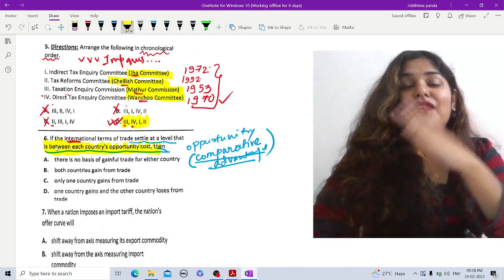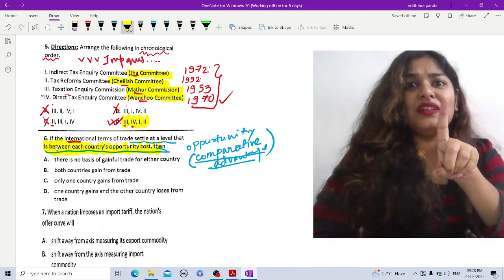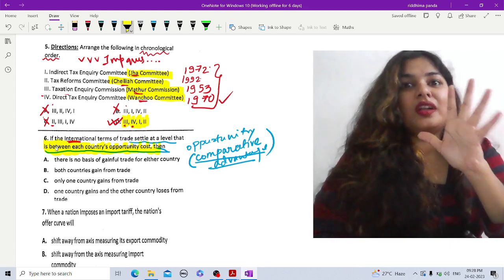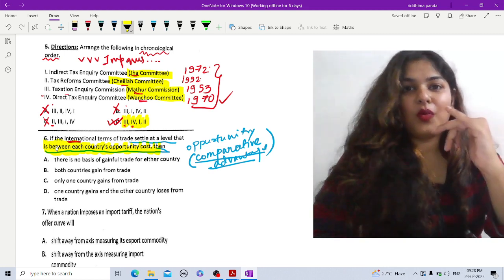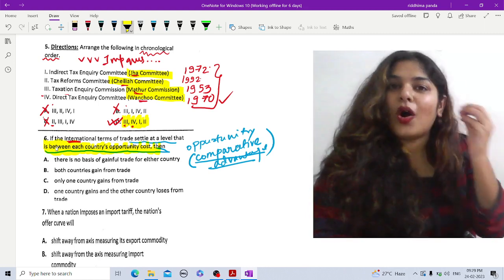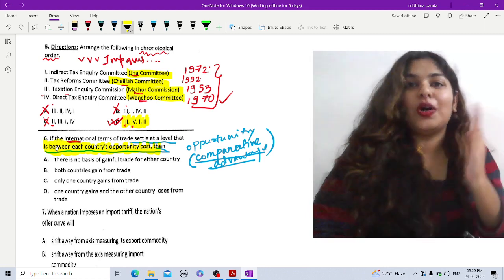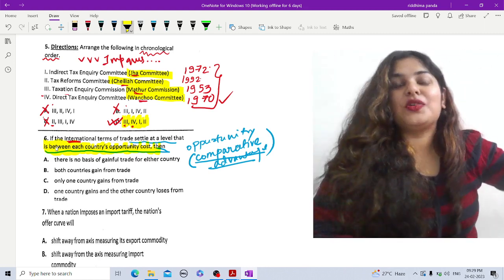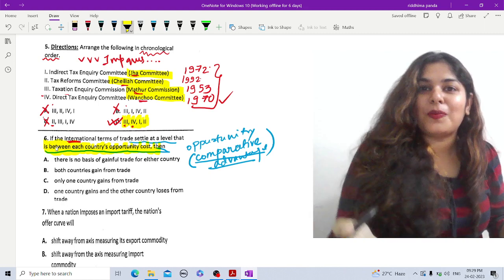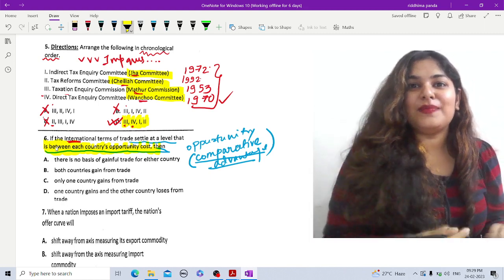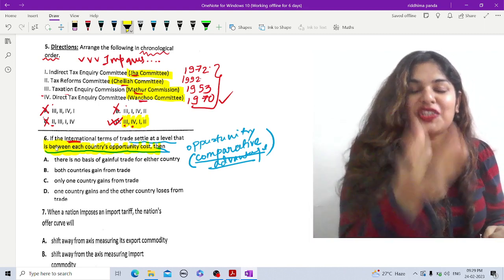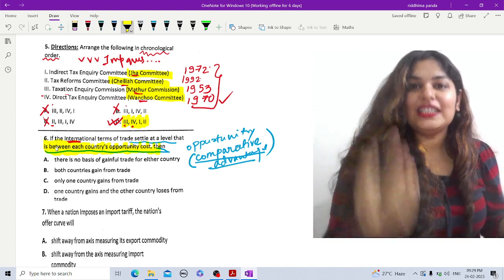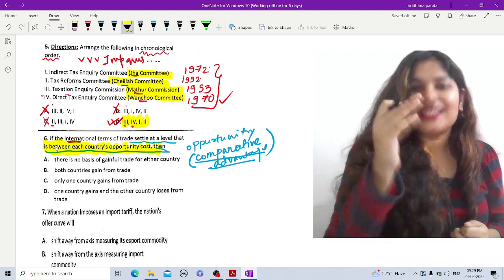One country will have a lower opportunity cost, and another one will settle at the next best alternative choice, not its best one, right? Because for one it will be higher than its opportunity cost, for another it will be lower than the opportunity cost. It is between. So one country will face higher opportunity cost, another country will face lower opportunity cost. So of course that means only one country can specialize and gain from trade here according to comparative advantage, and the other one will lose from it. So let's check our